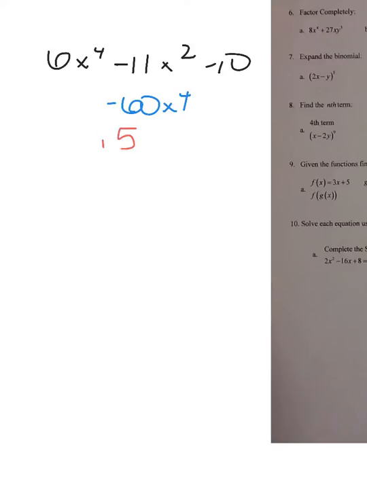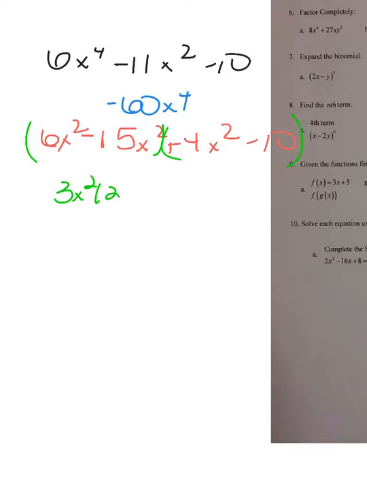So it's 15x squared and 4x squared. They get different signs, and I need to get negative 11 when I add. So it's negative 15 and positive 4. Bring down the front and the end. And now we factor using grouping. So the GCF of the first group is 3x squared